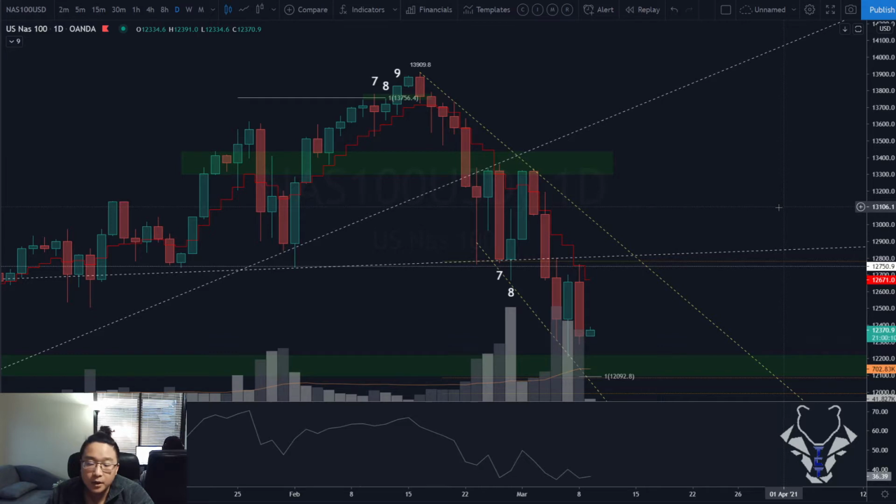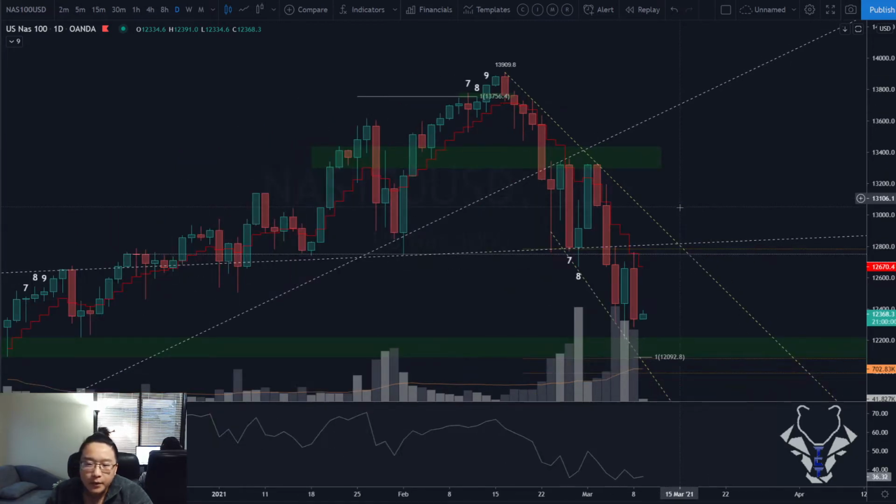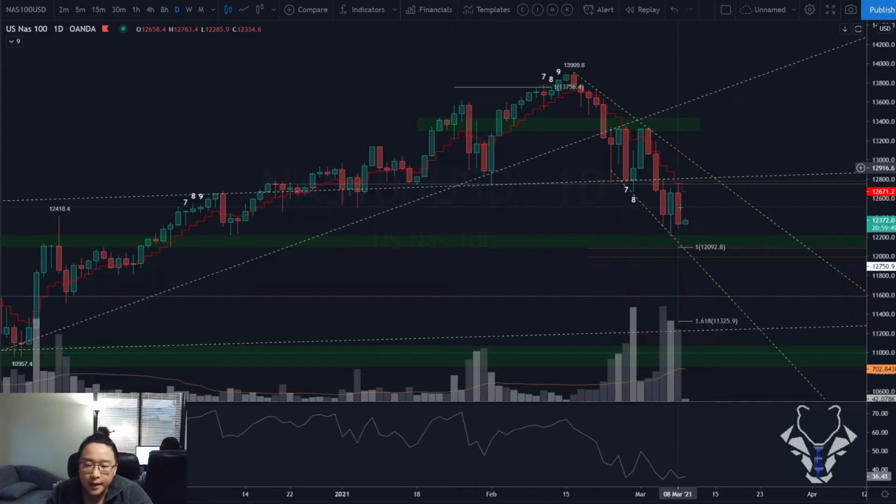Now, with the current bear trend, let's do some projections. There are multiple different ways of talking about where the bottom could be, but remember, we're not in the market to call the bottoms or the tops, just looking at simply what are the possible scenarios. Now, first target that I'm looking at, one-to-one extension from this ABC,